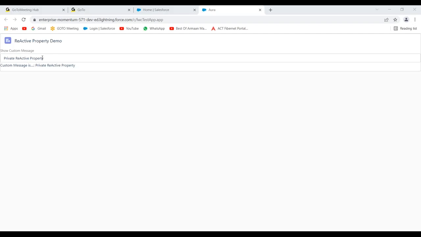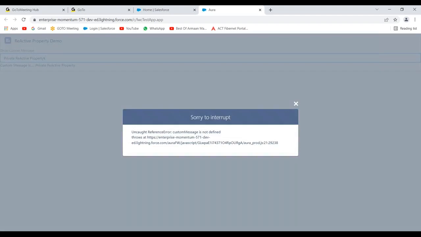Here we have a text box available. In the text box, I'm able to represent this value. Whenever I change anything here, suppose I type some character here, automatically